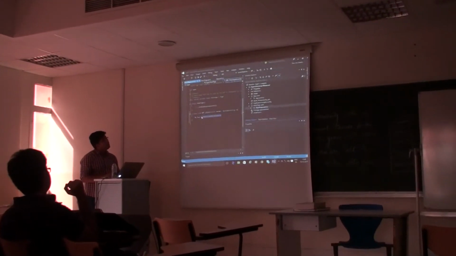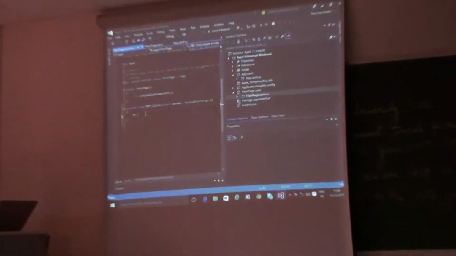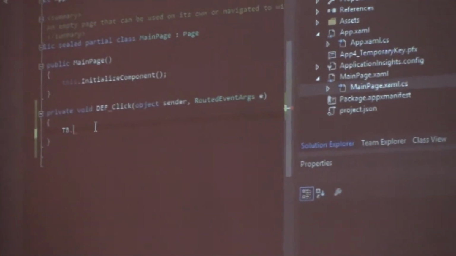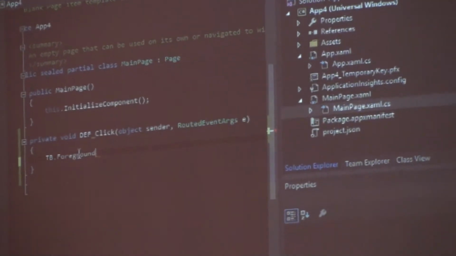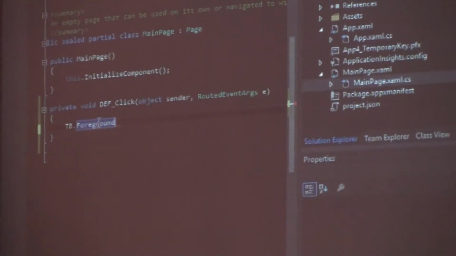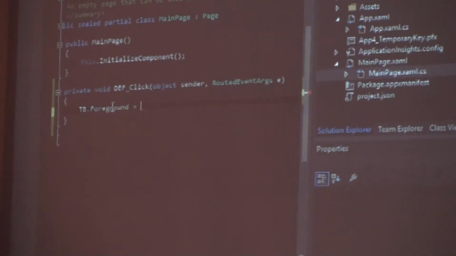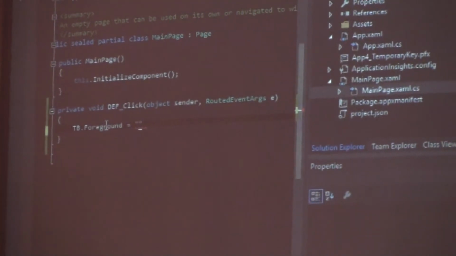TB is basically the text block. Foreground. Because if you remember, I said that when you change the foreground, the text color changes. Is equal to. Now, you can give red.